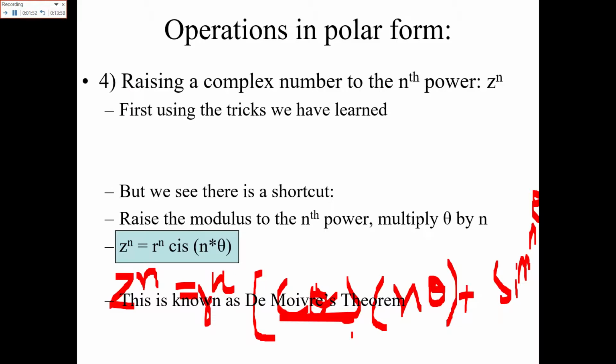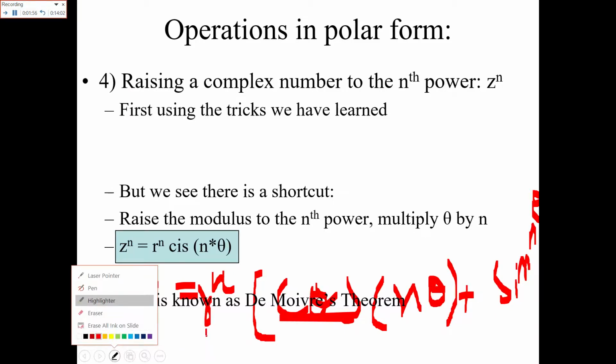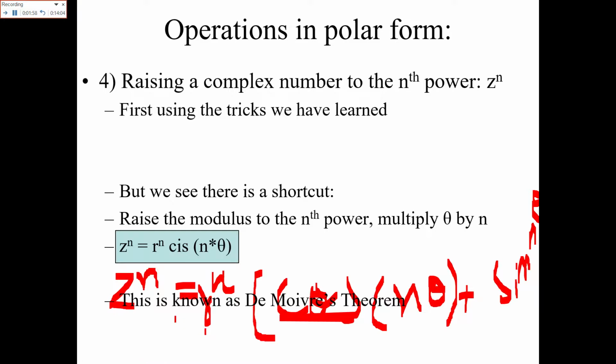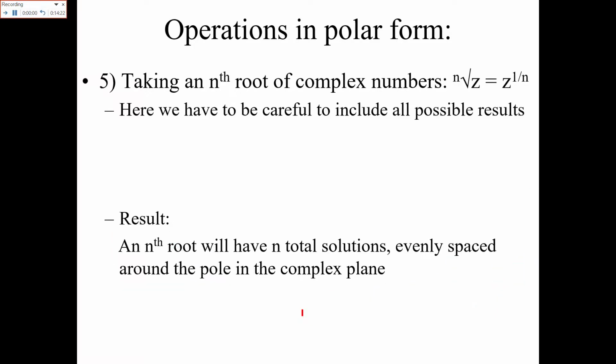If a complex number is given and it is raised to some power n, its formula becomes r raised to the power n, where r is the modulus, into cos n theta plus sin n theta. So this n power comes with r's power, and this n is just multiplied with the angle that has been given. Now the operation of the nth root of a complex number.